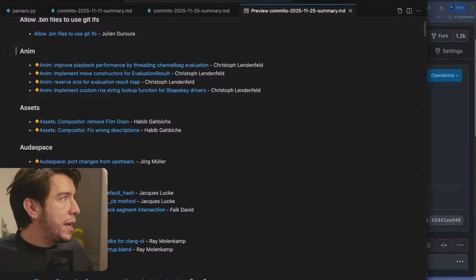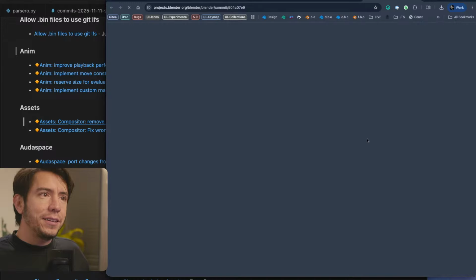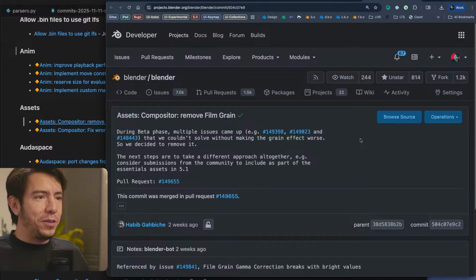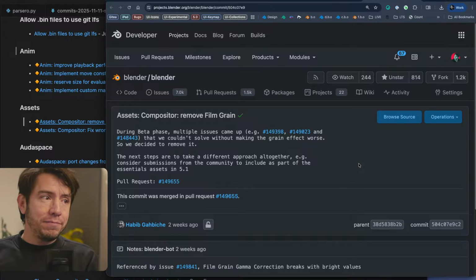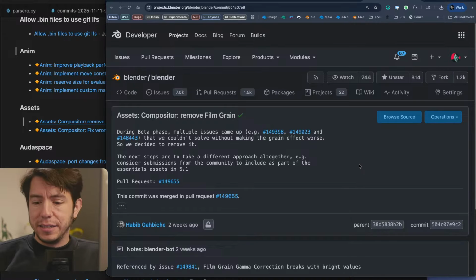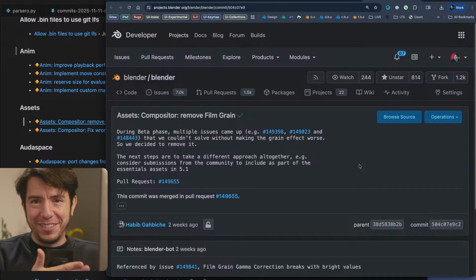Let's continue with A for assets. All right, Blender 5.0 has been out for a week, but this change made it in. It's a removal. So the film grain asset was added a long time ago, and then it was mentioned everywhere. Even I mentioned it in the release notes that I just showed you.